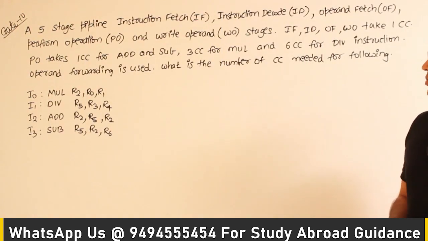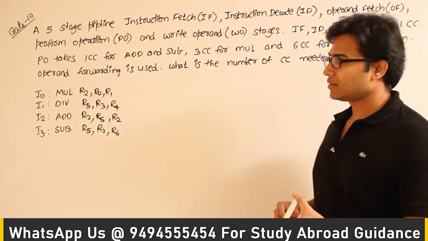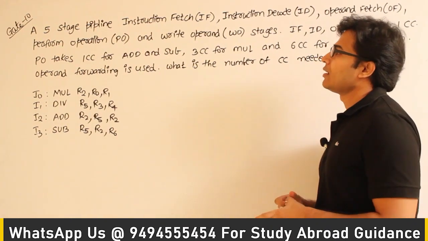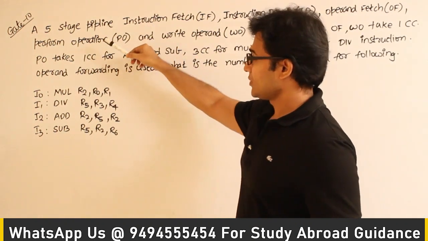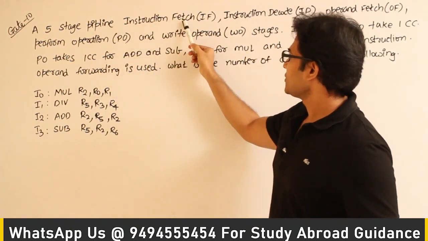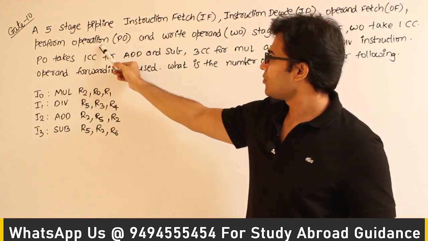This question is based on operand forwarding. So I'll read the question first. This question was asked in GATE 2010. I'll read it first. A 5-stage pipeline: instruction fetch, instruction decode, operand fetch, perform operation and